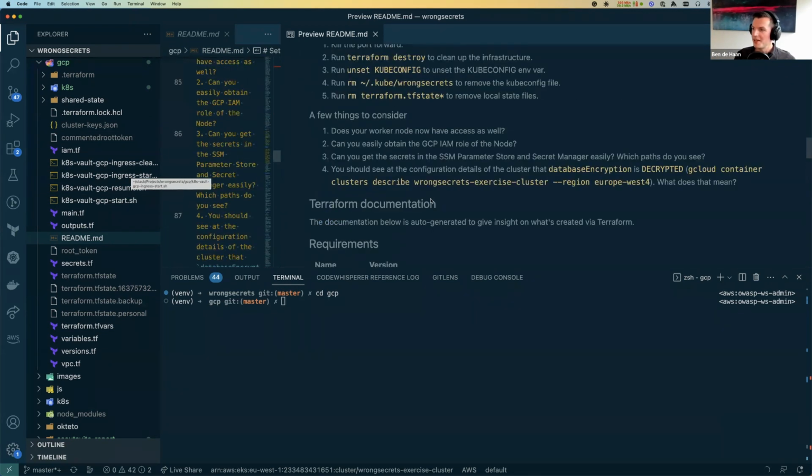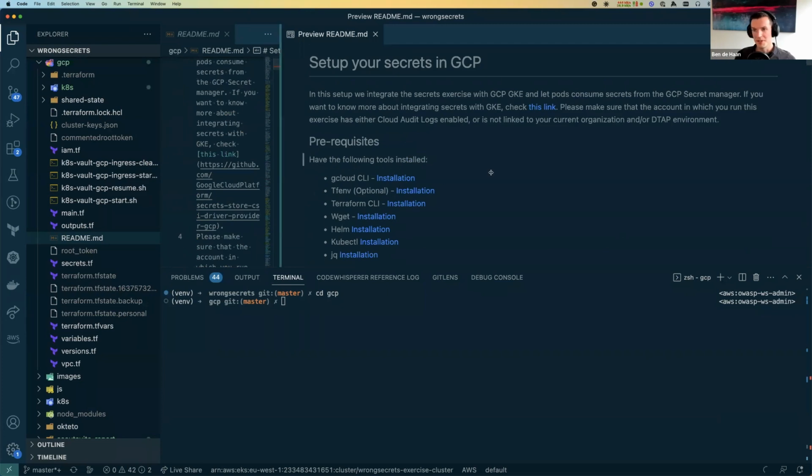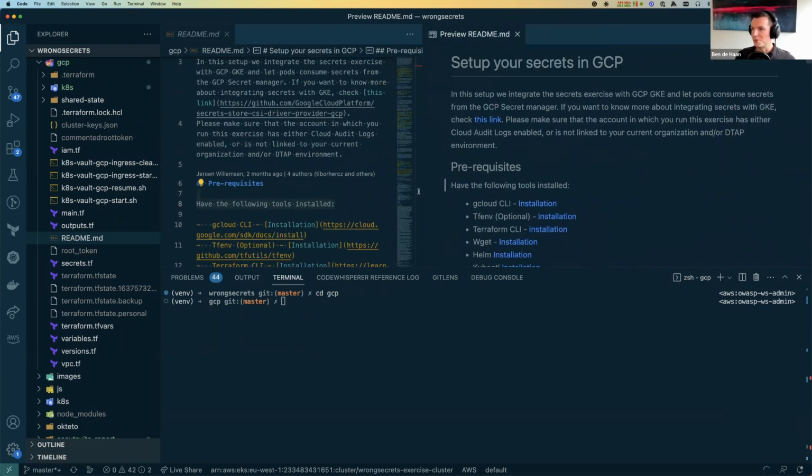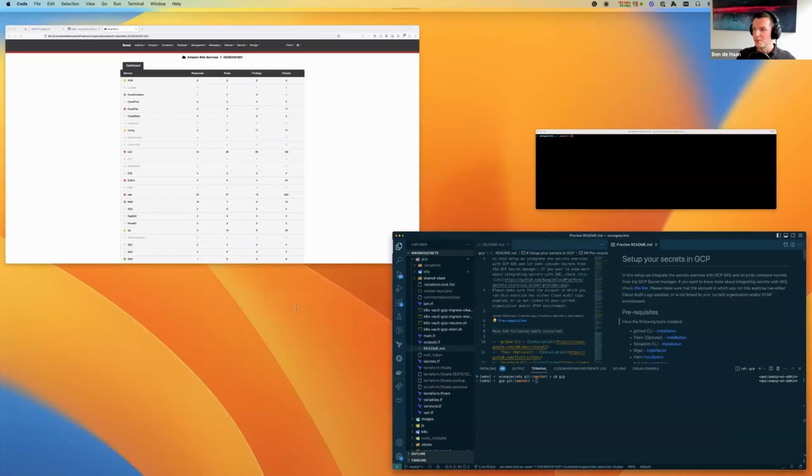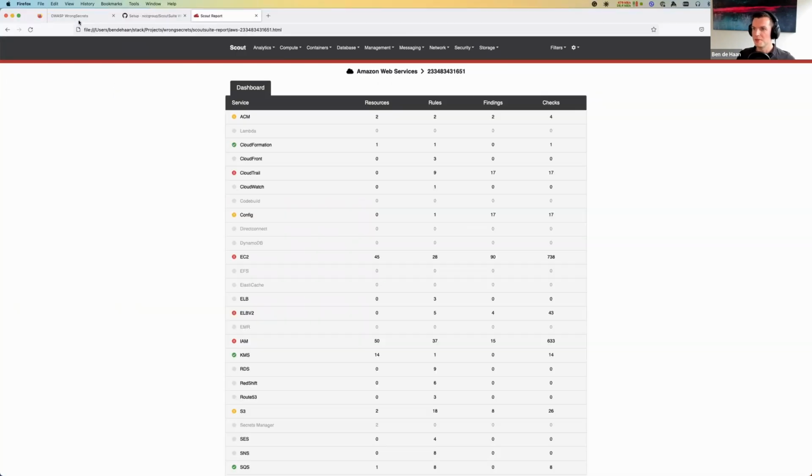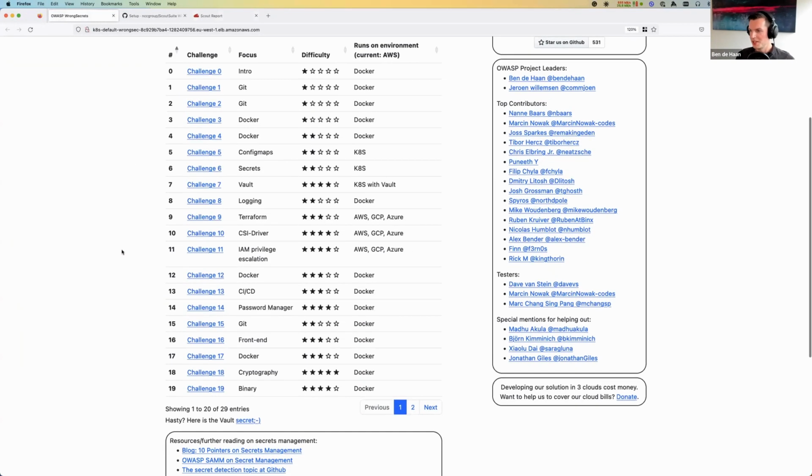So having deployed this, I think it's maybe nice to demo some of the challenges that we haven't demoed anywhere else before. And one of those is the privilege escalation one. So if we take a quick look at challenge number 11, which is again specific for the clouds,